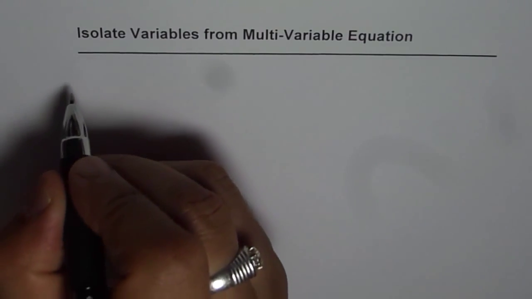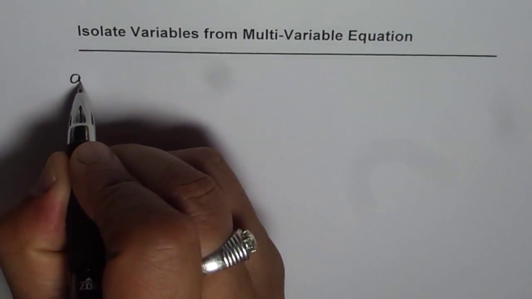Isolate variables from multivariable equation. So let us get into some complicated equations where there are a number of variables and we need to isolate one of them. So let me make up an equation, and let us say we have an equation which is